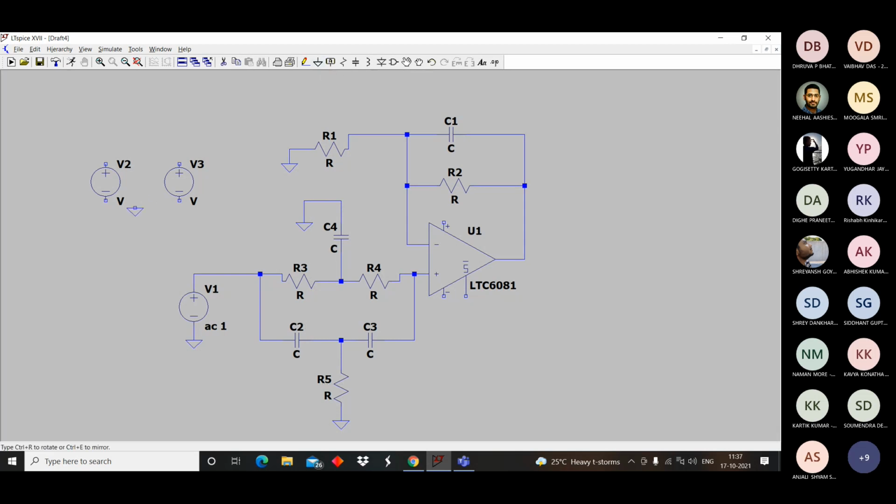There will be two more grounds, one here. The saturation values I'm providing for our design are plus and minus 5.